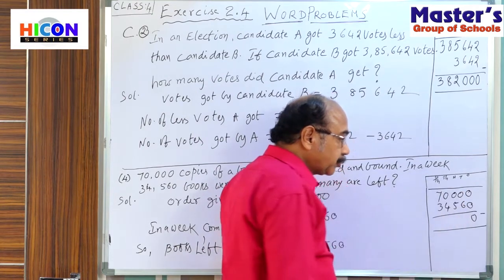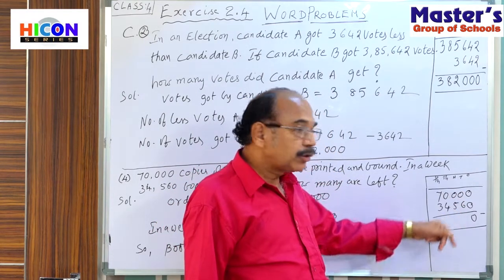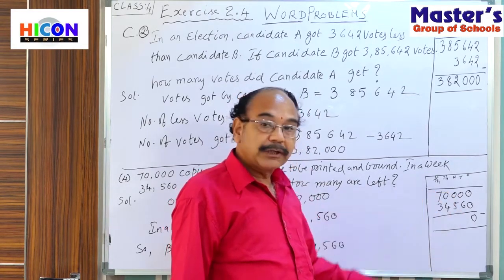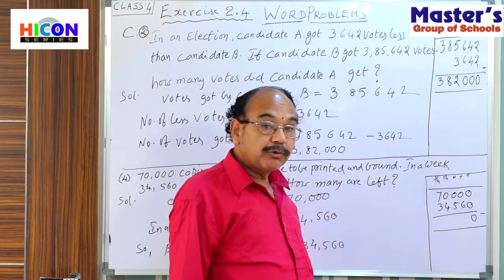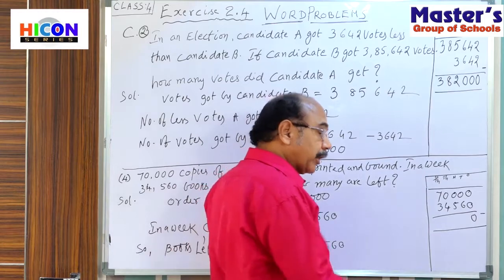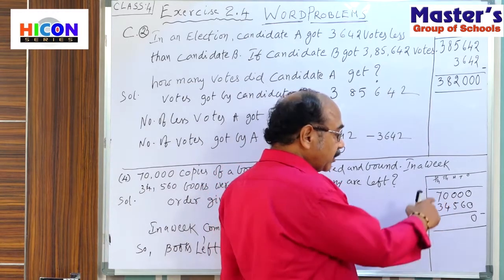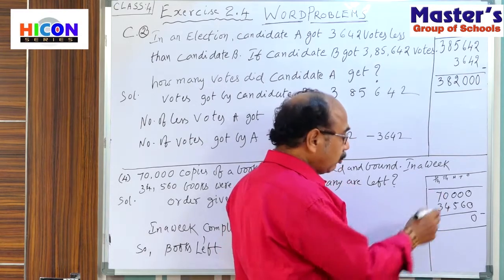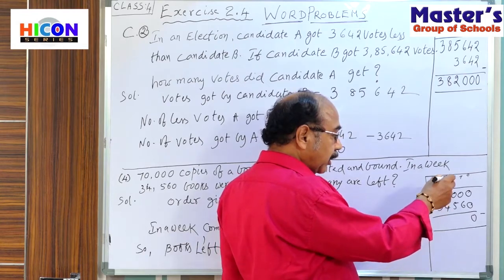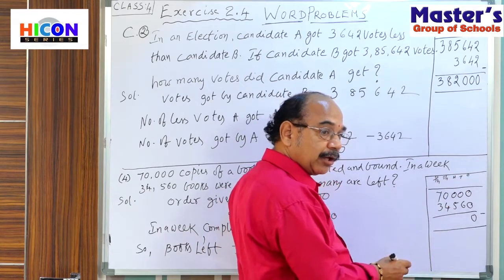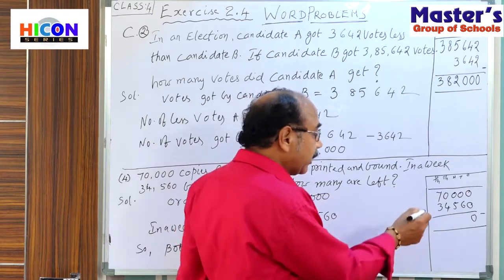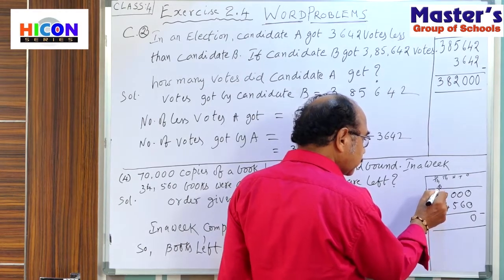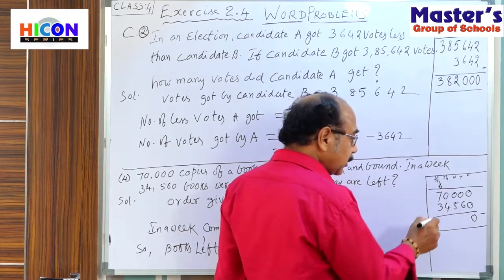Now come to 10's place. Can you subtract 6 from 0? No. We cannot subtract 6 from 0. How can the 0 give borrow? 0 cannot give borrow. That's why we can get the borrow from this 7. That means 7 is giving borrow to all the remaining zeros. 7 can give the borrow. Zeros cannot give borrow. That's why we are getting borrow from 7. So 7 becomes 6.